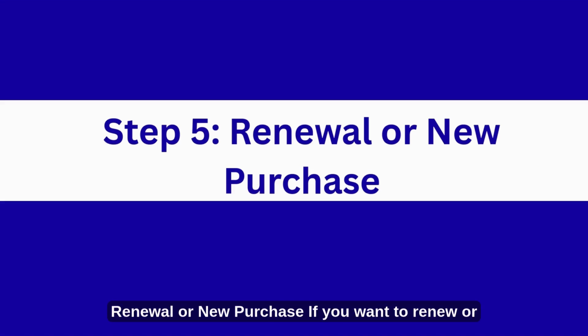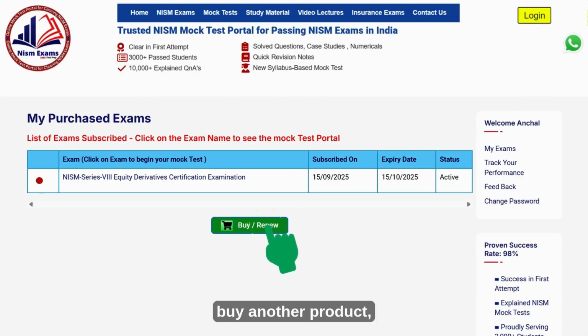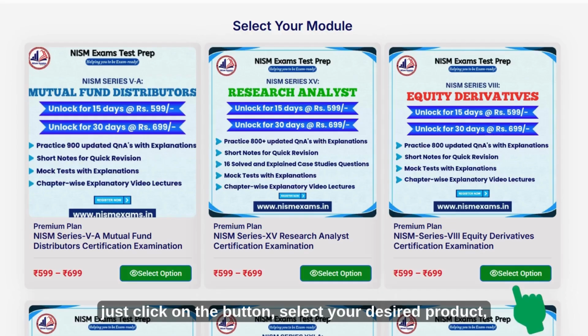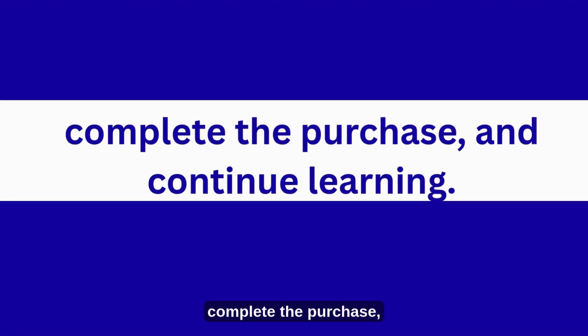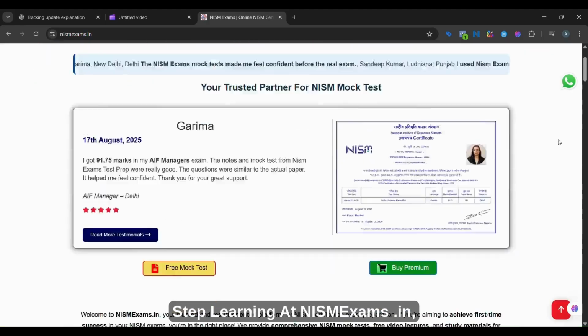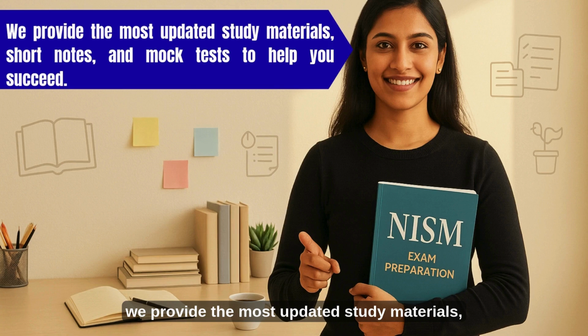Step 5. Renewal or new purchase. If you want to renew or buy another product, just click on the button, select your desired product, complete the purchase, and continue learning. At nismexams.in, we provide the most updated study materials, short notes, and mock tests to help